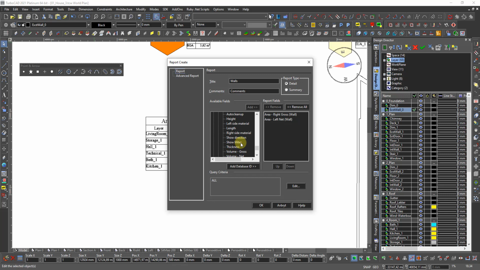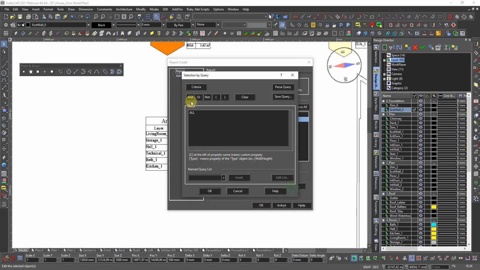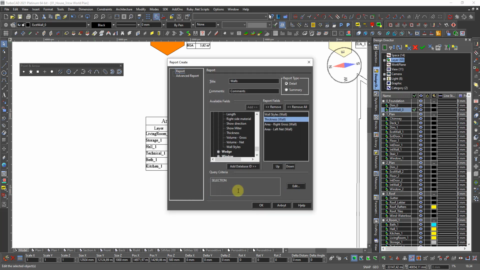Height, I don't know. Material, thickness, volume, I don't care about volume. Wall style. Thickness, do you want to have thickness? Yeah, I think that. So then I say this one, I want to move up. Thickness, I want to move up. Then we have the wall thickness, area, edit, clear from selection, OK, and